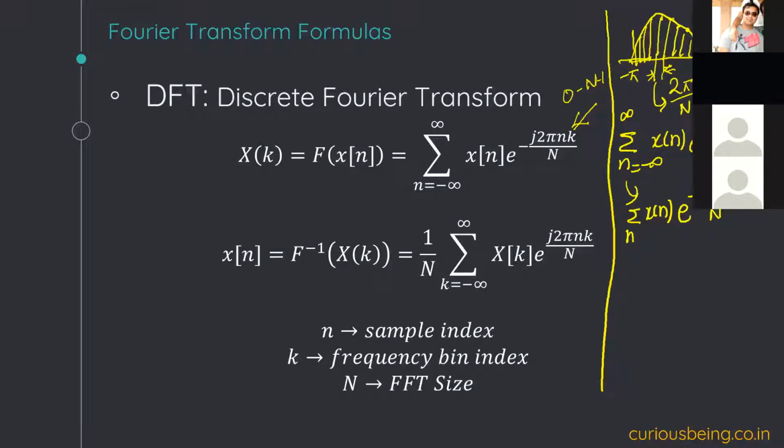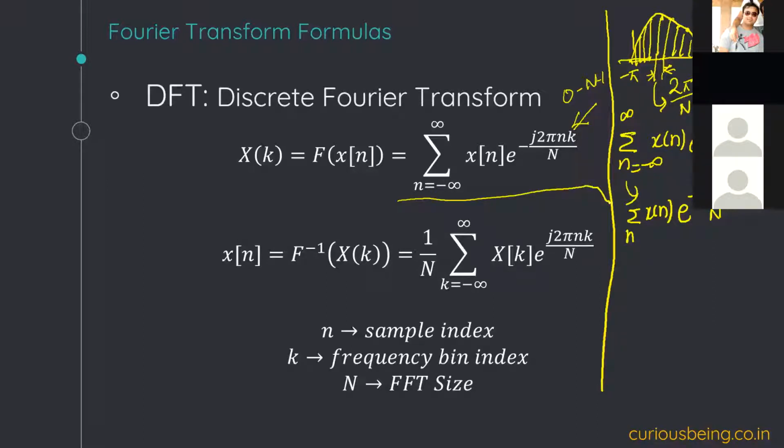Remember, the value of n, which is also the DFT size or FFT size, will determine my resolution. The lower the value of n, the higher the spacing between consecutive or adjacent frequency bands. If the value of n is very high, all the frequency bands will be placed very close to each other. This defines the resolution, and we will see its impact as we go further. So this is how we reach the DFT formula.